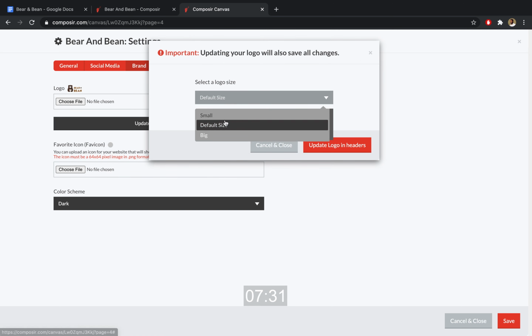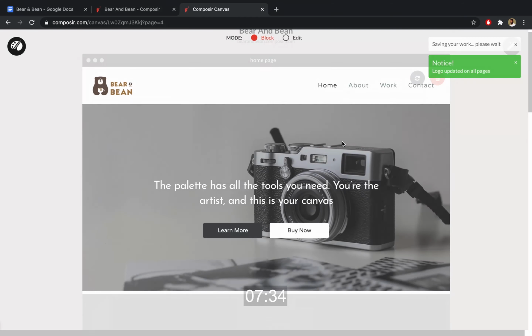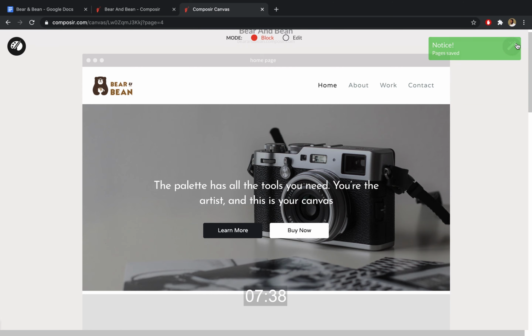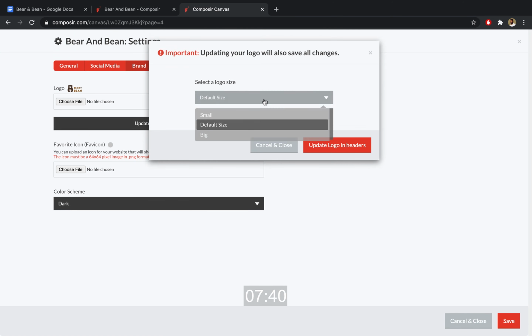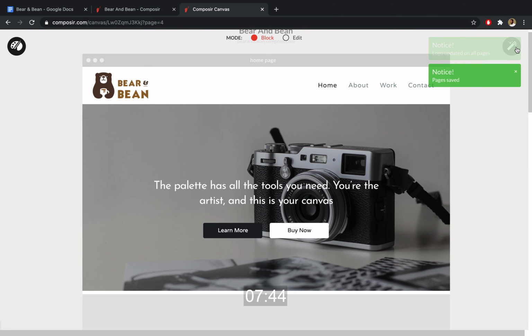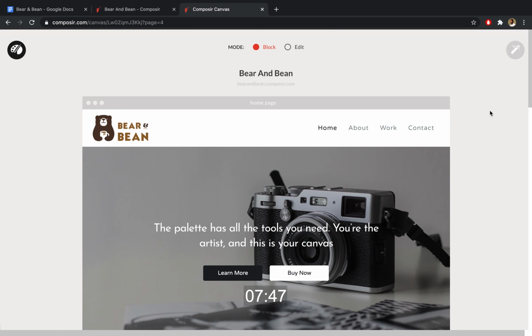We're going to leave the logo size option on default and see what that looks like. I think it will look good larger, so we'll do this again, this time selecting the big option. Yeah, that's better. Next, we want to edit the rest of the header, and I'm going to start by changing